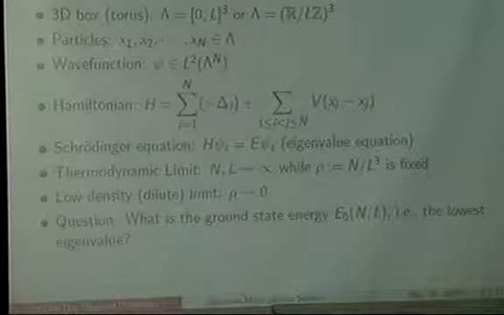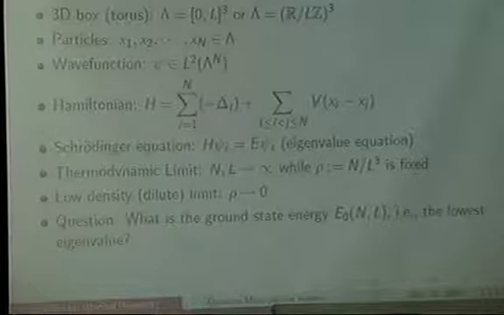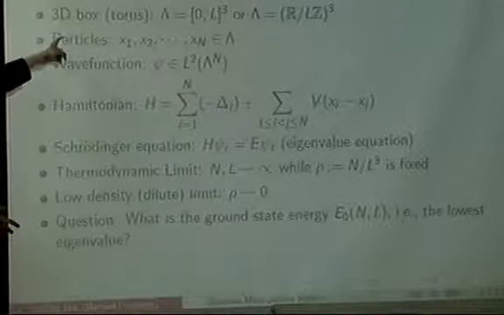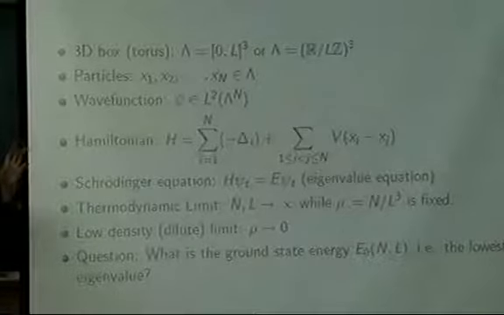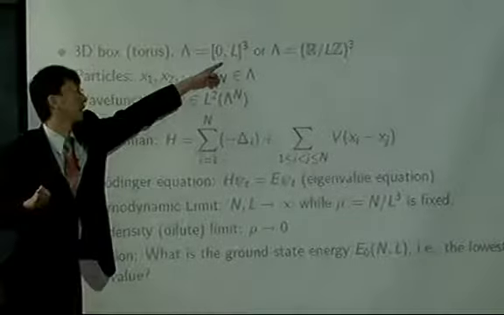Okay, then here's the second topic or example, or well, second chapter of this talk. In this case, the theme is the ground state energy of Bose gas in the low density limit, which means that we have a three-dimensional box of side length L, or you can think of a torus for just technical reasons. But if you just want to consider a physical system, you can just think of it as a box of side length L.